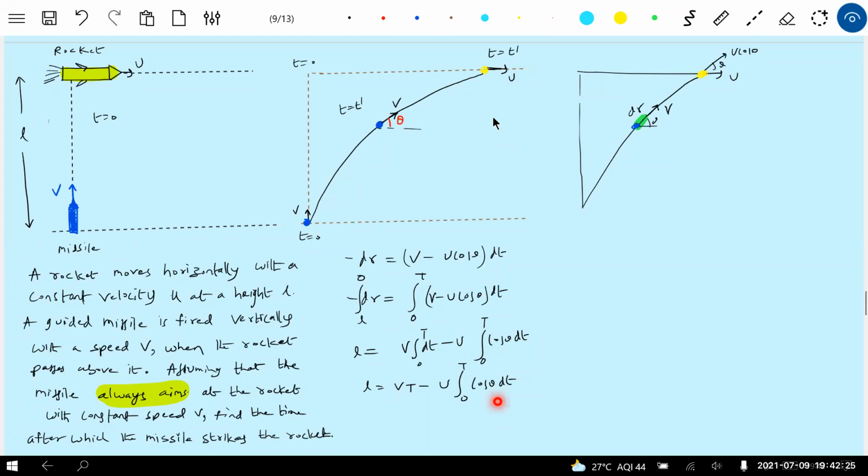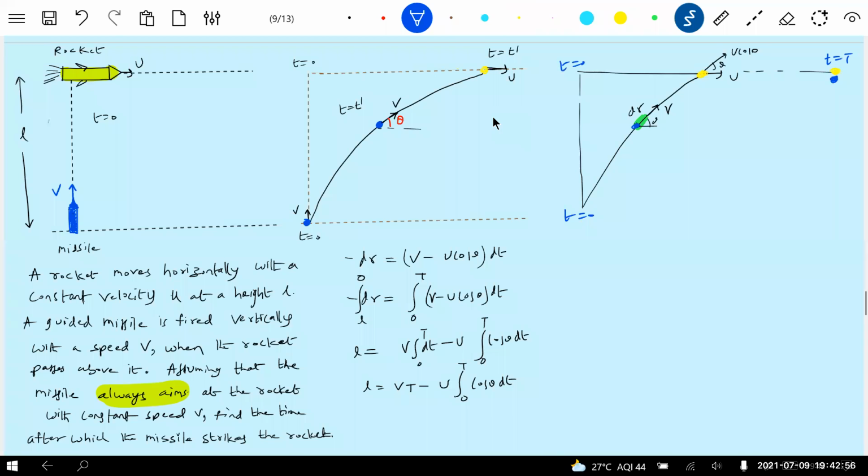So how to bring this value is our question now. Let's come further. And finally what happened? The missile will strike the rocket finally after some time. So what we see is that these two dots, yellow and these two dots, will be at the same position. This happened at t equal to 0, and this is at time t.